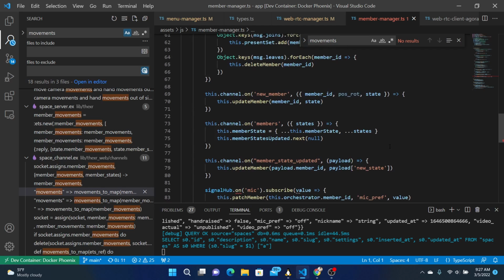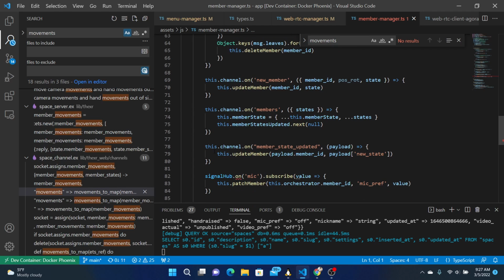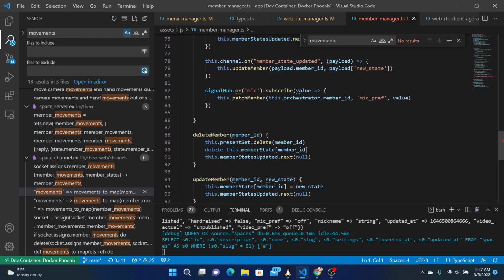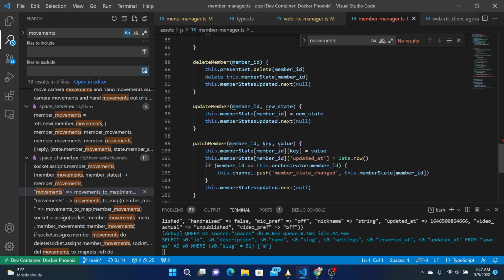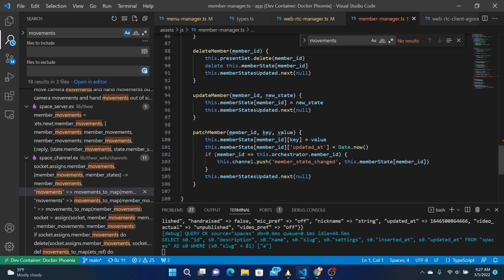New member, and it would do this update member. And this is the thing that would actually send it up. So locally, if you change the microphone, we need an observer on this,